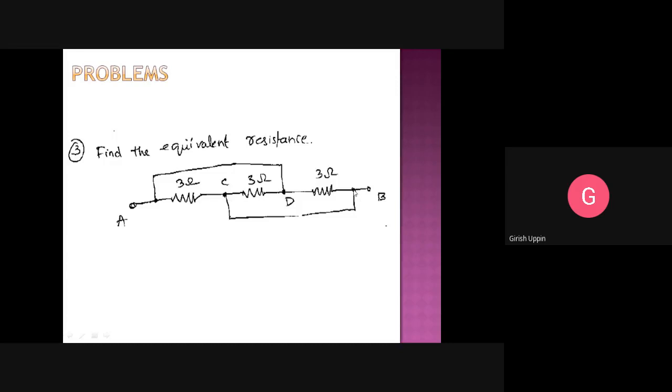Similarly, just imagine you rotate this one, this line will shrink, and you join. So the B point will join to C. Then this resistor and this resistor are connected between this node and this node. So overall, the actual figure is that three resistors are connected in parallel. That is the only thing.